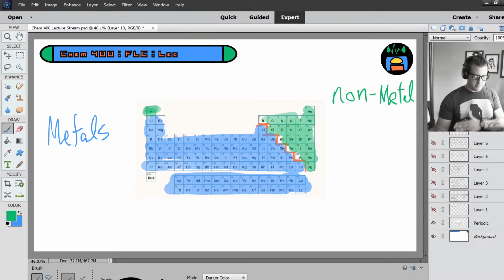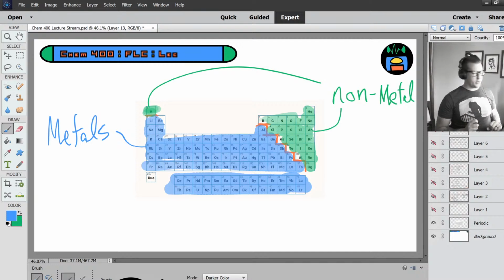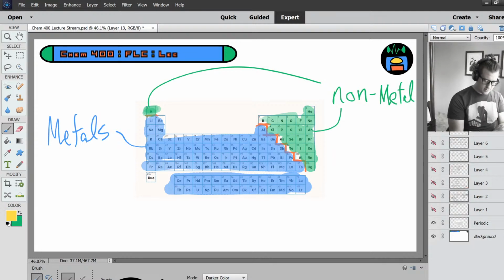All the non-metals are to the right of that kind of dividing line. The metals are to the left, with the notable exception of hydrogen. Hopefully it does not come as a surprise to you that hydrogen gas is a non-metal, but we just have to explicitly point that out. So you can divide the periodic table into metals and non-metals. There's an interesting little pocket